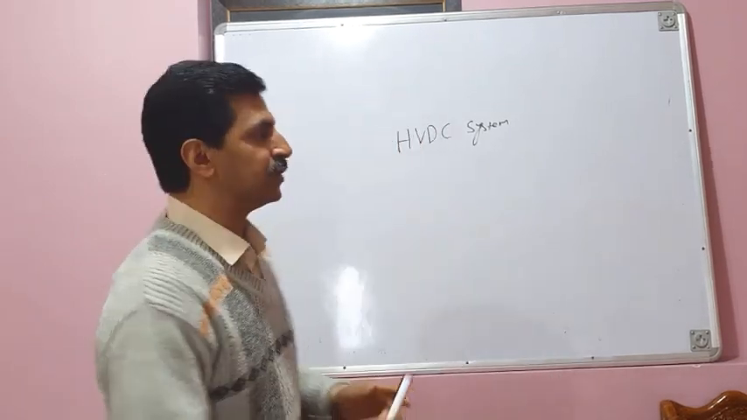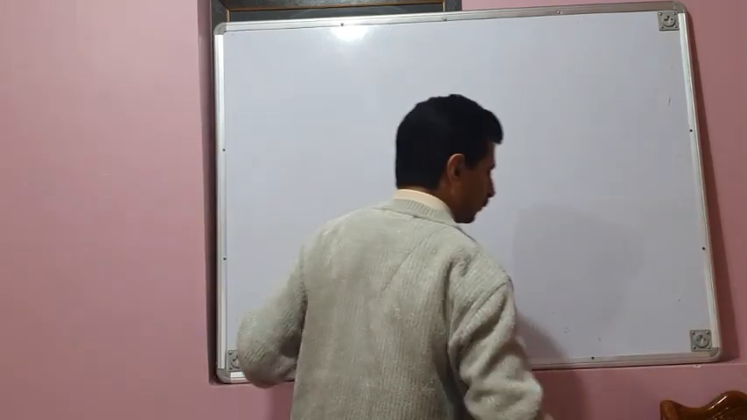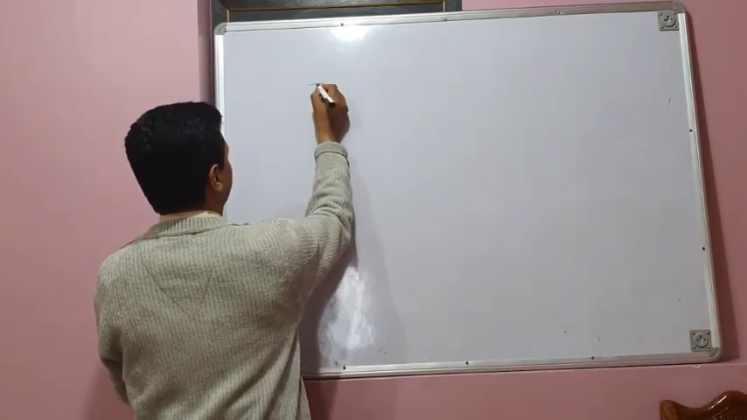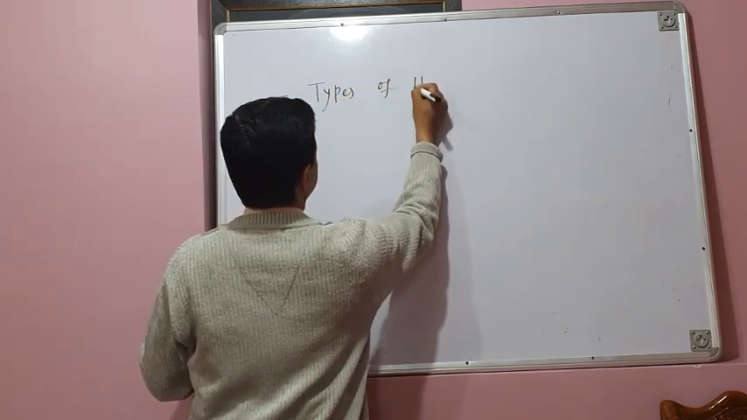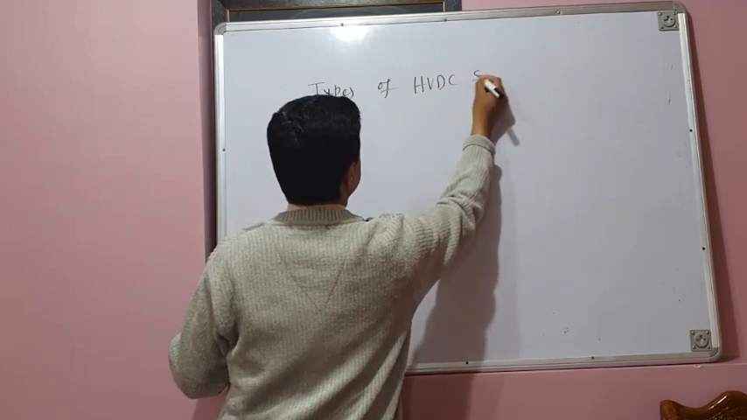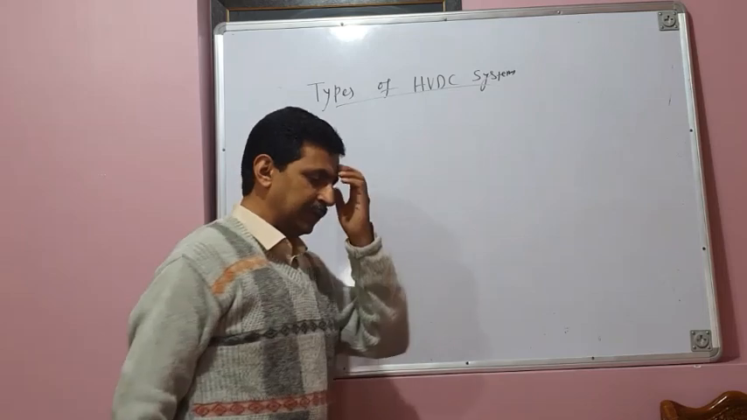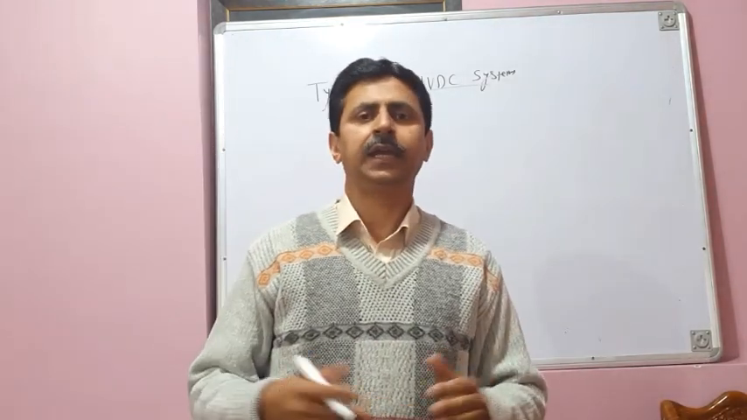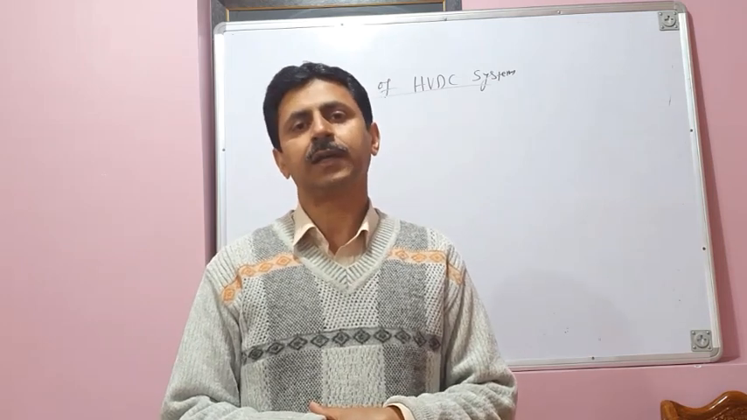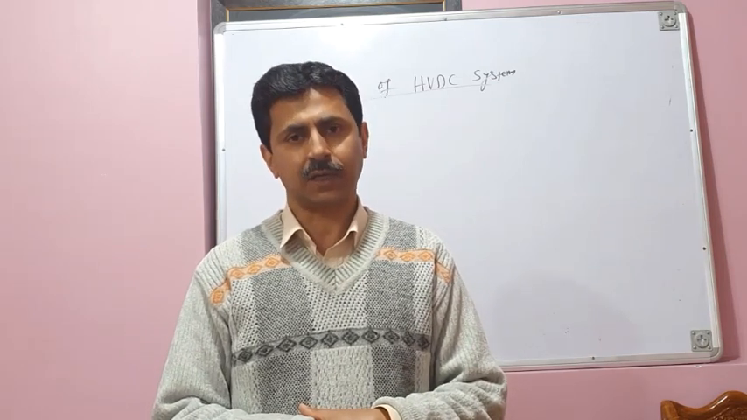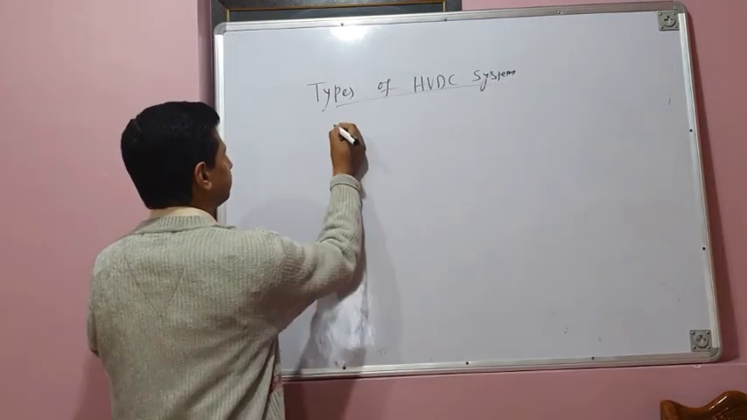We classify HVDC systems like this. Types of HVDC systems or HVDC links. Any HVDC system is also called an HVDC link. Broadly, there are three types of HVDC links or HVDC systems. They are classified like this: